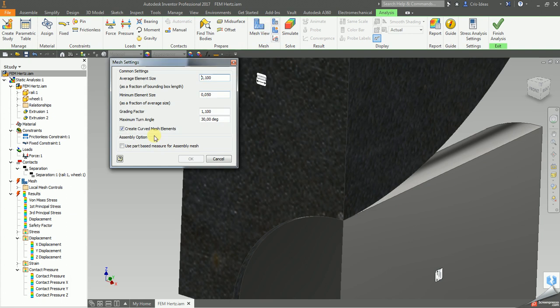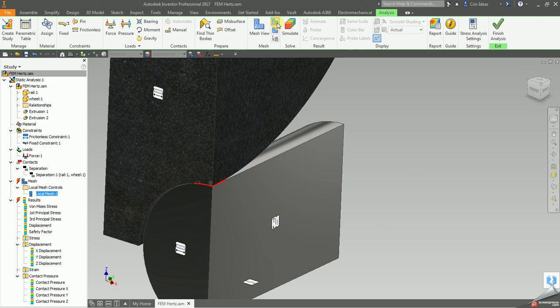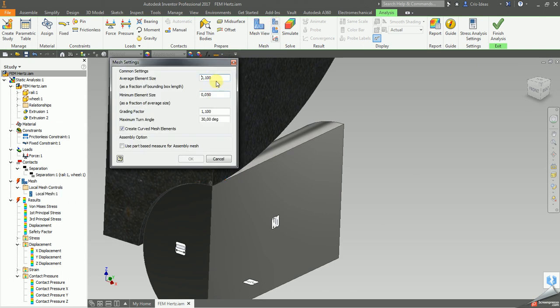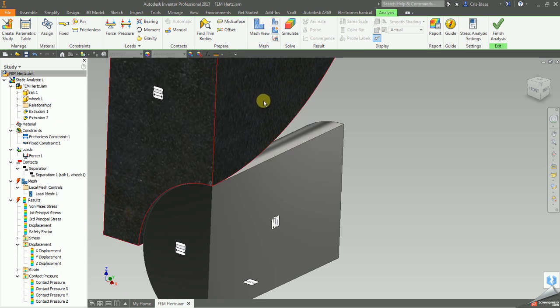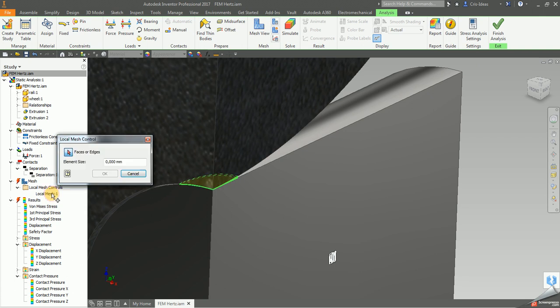As for the mesh, as I have said, I have applied 1.1 gravity factor, turn angle. I have created curved mesh elements. I have decreased these values to have pretty small elements. Also, I have defined local mesh refinement, because even with those small values here, the elements still were too big to follow the contact. So in the area here I have defined